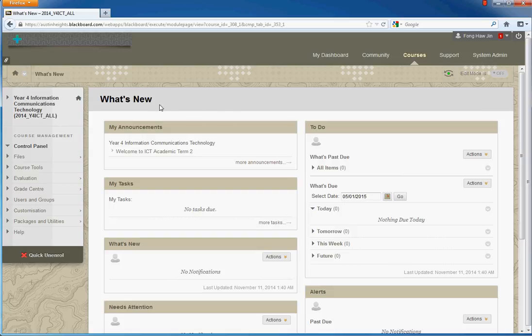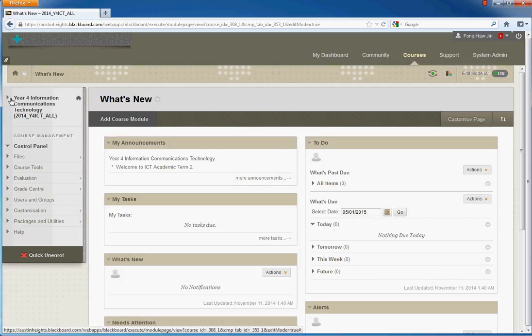You will see those pull down menus will disappear. You will not be able to see those little pull down menus. You can't make changes to what you have set. Okay, but this is still not the student view because students cannot see the course management control panel. Now I switch back on,